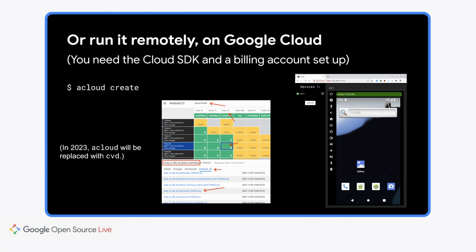This will use any pre-existing Google Cloud credentials that you may have on your machine. And it will create a project in AOSP. It will download the build that you specify from ci.android.com, and then it will run the virtual device and allow you to access it from your web browser. So in the example I've given here, there are two possible ways of doing it. You can use acloud create with no build ID, and it will just fetch the last known good build from ci.android.com.